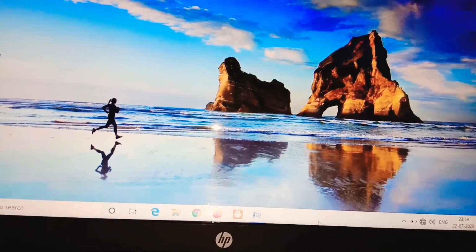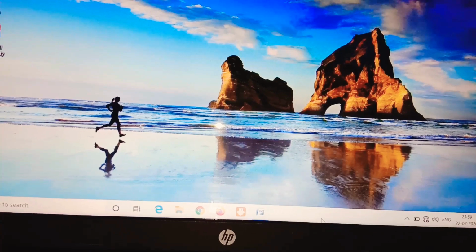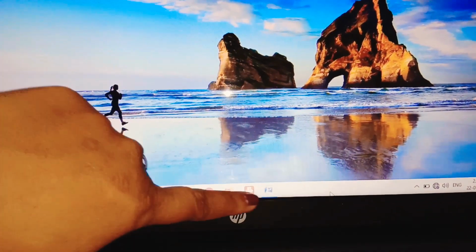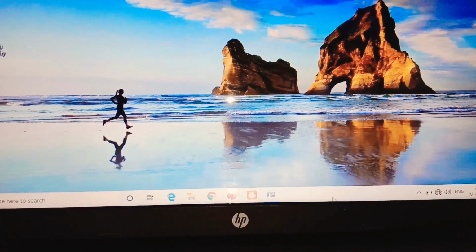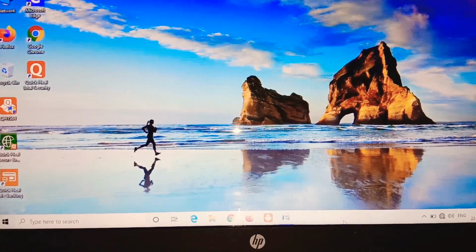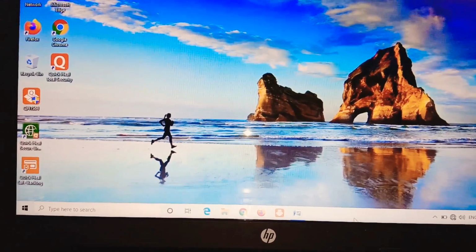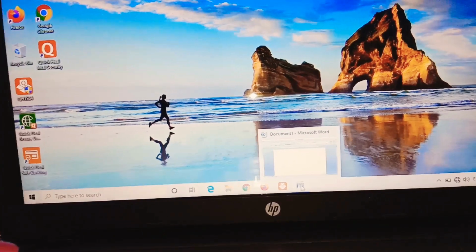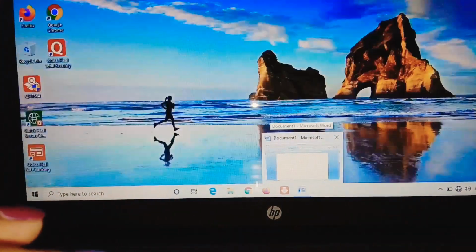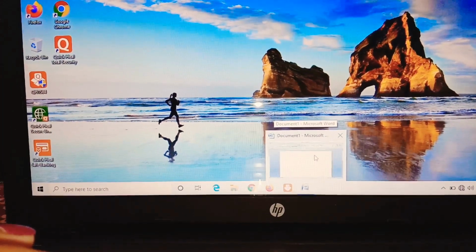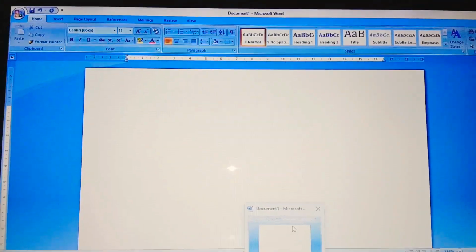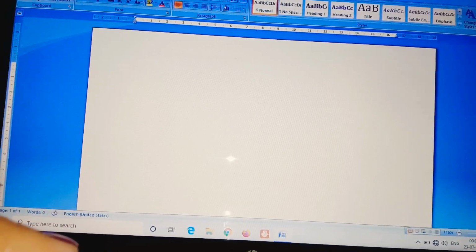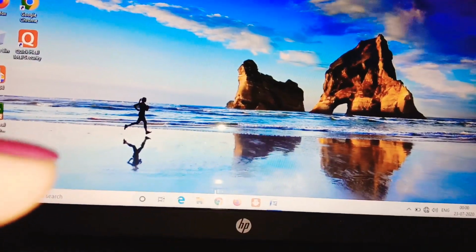The taskbar shows us so many things. Open program icons mean whichever program you open, that program's shortcut is shown here, so that we can use it whenever we need it. When I put the cursor over it, you can see a preview shown to me, Document Microsoft Word. It shows me in large size. When I click on it, I go directly to this application. I am not going to open the application again. Understood?